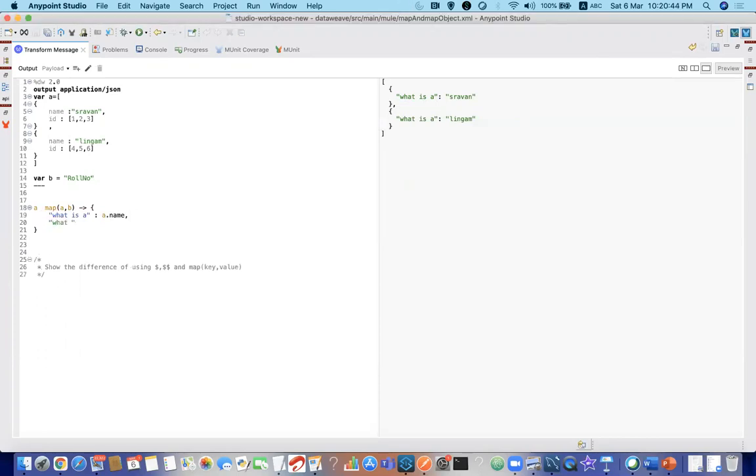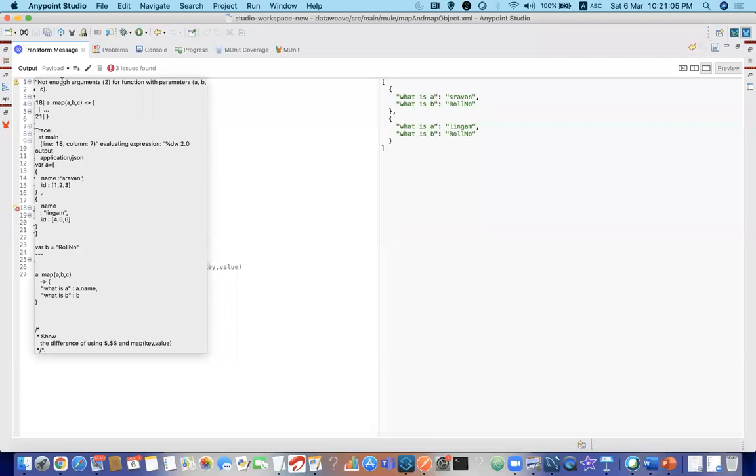Next, what is b? Okay, it is giving the index. So these are the arguments. If I give a comma c, it will give an expression error saying that this map operator can accept only 2 parameters, not enough arguments.